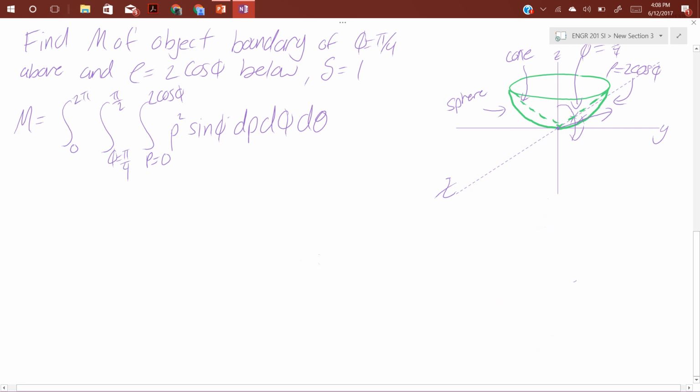So now we have our limits of integration. Now we can solve for mass. In order to solve for mass, we integrate rho squared. We have to do our integral for rho first, then phi, then theta. So we'll start off with 0 to 2 pi, pi over 4 to pi over 2, and then we'll have rho cubed over 3 from 0 to 2 cosine phi. Then we'll have sine phi